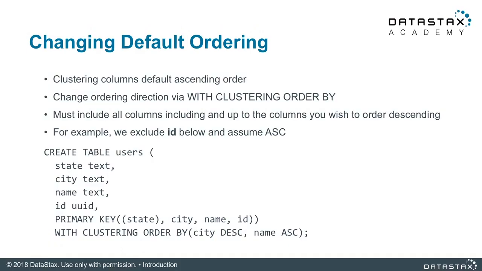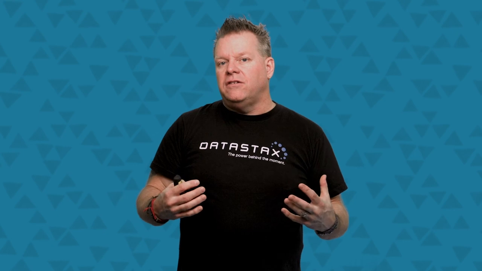Now, what if we want to change the order? Whenever we create a primary key and we include the clustering columns, the default ordering scheme is ascending. What if that doesn't work for you? Well, we have a clause that you can add to your data model, clustering order by. Using that, you can control the order of the clustering columns and turn it from ascending to descending, which can be really handy in certain use cases. Think of, say, like a time series data model, where instead of having ascending in the time, you want to have it descending, meaning the last thing that happened is the first row of your data. Using clustering order by is really useful for certain use cases.